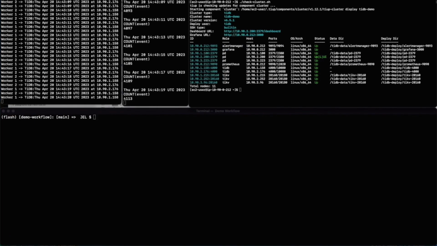Let's now look at all the terminals on my screen. Two terminals on the upper left corner show our simple workload. On the left one, you can see there are two workers inserting data into TiDB, connected to different TiDB servers. One TiDB server is on 10.90.1.158, while the other TiDB server is on 10.90.2.176. So two workers are now writing data to two different